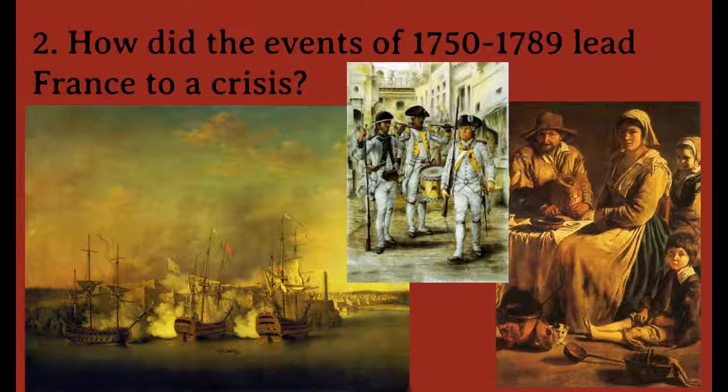2 of them were wars. The 7 Years' War that started in America between France and Britain and expanded to the entire world put France deeply in debt. France spent somewhere around the neighborhood of 1.5 billion livres, which is maybe $18 to $20 billion in today's money, depending on how you figure it. They also spent billions on the war in America.